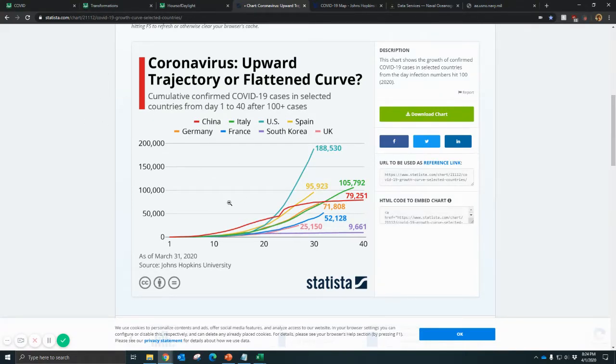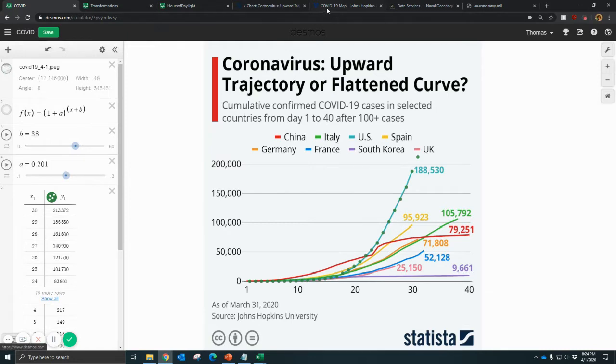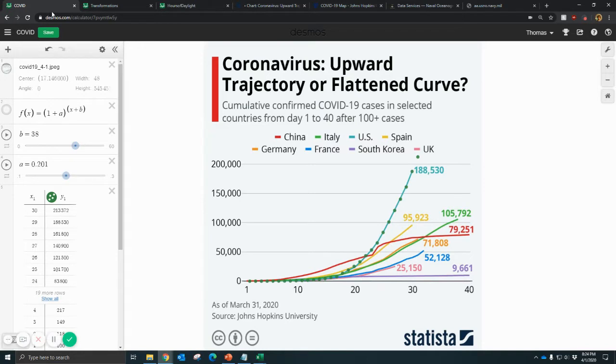And so, well, is it really exponential? Can we just look at this graph and know that that's exponential? Well, not really. There's more analysis to be made. So if we look at that graph and say, here's all the data, this data here matches up with this graph. The data from Johns Hopkins University, you can get that data right here on this website, and we can do something where we can make these dots.